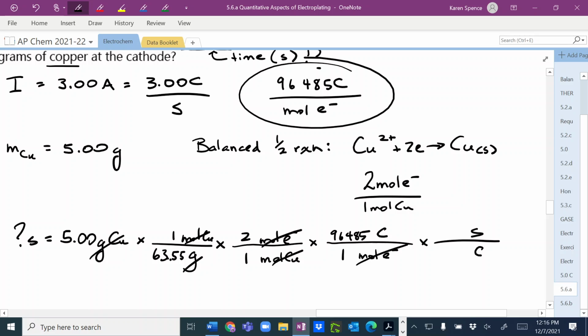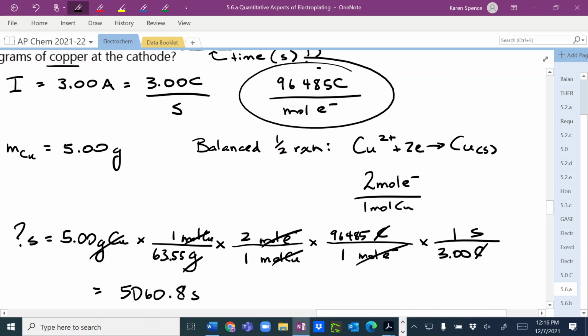Seconds need to go up here. So that's 3.00 coulombs per second. And we get 5 divided by 63.55 times 2 times 96485 divided by 3 is 5060.8, 5060.8